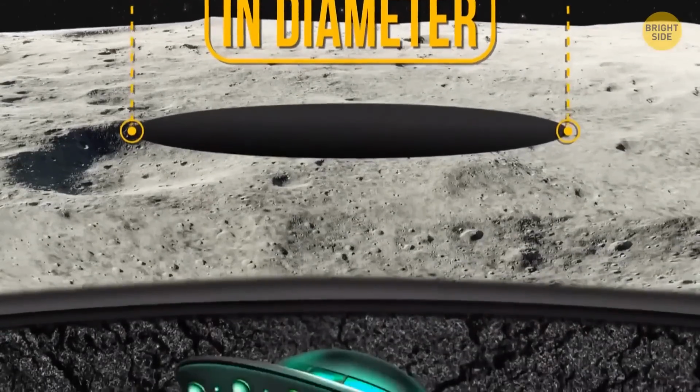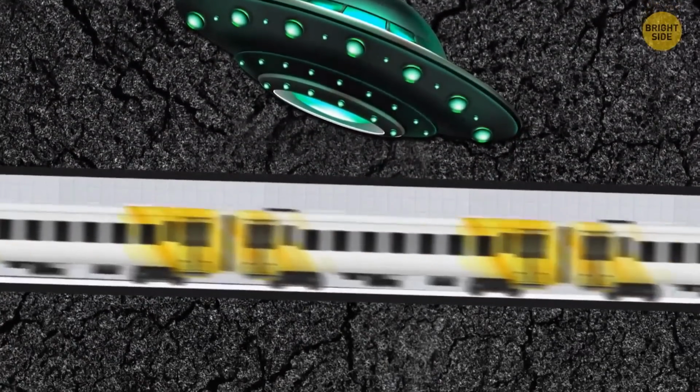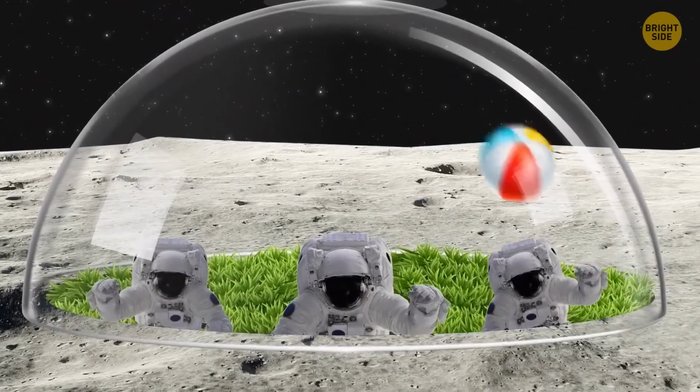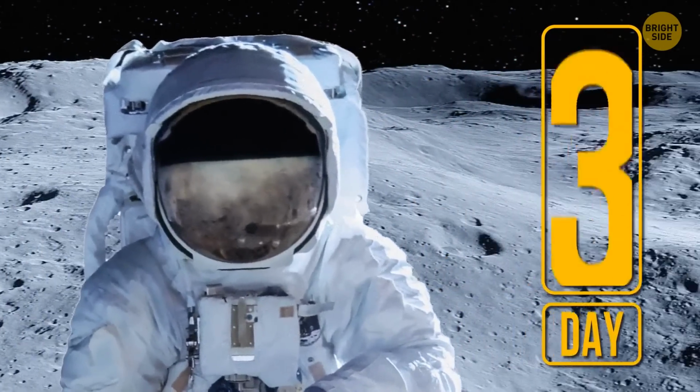Scientists think that there could be secret caves, a tunnel system, or an entire geological wonderland under the surface. It could be a good shelter for astronauts that land on the moon, or even be a harbor for a lunar colony. No one ever managed to stay on the moon for more than 3 days because of the conditions